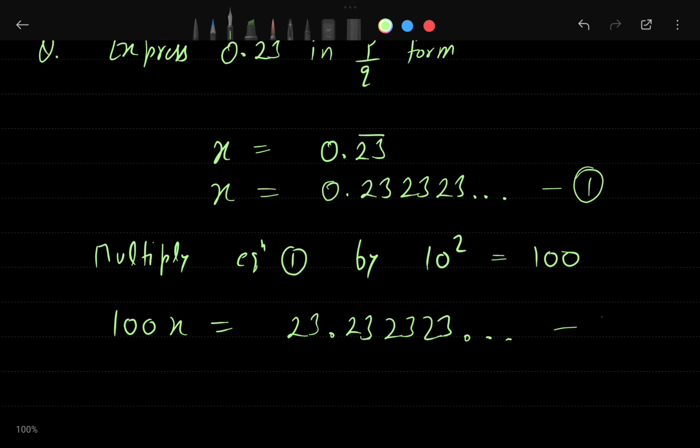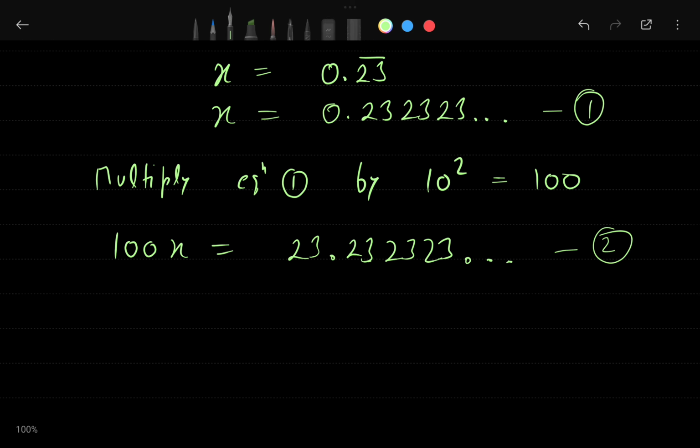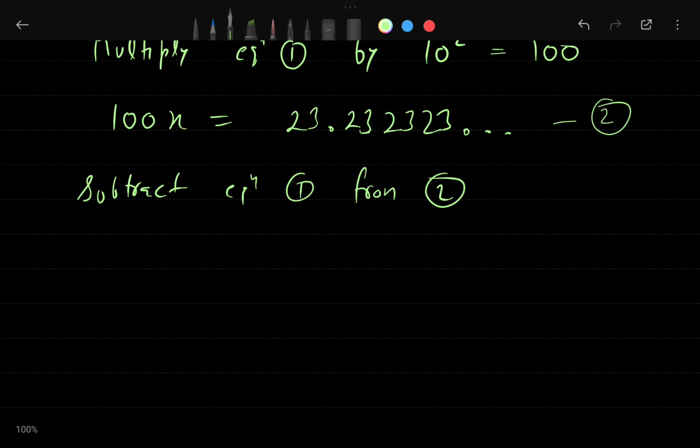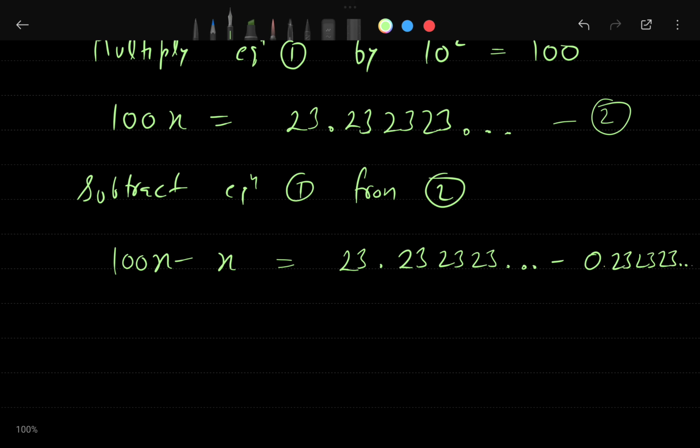Now I will write it as equation 2. Now what I need to do is subtract equation 1 from 2, and not 2 from 1. So if I subtract equation 1 from 2, what do I get? On the left hand side I will have 100x minus x, and on the right hand side I will have 23.2323... minus 0.232323... Now on the left hand side I will have 99x, because 100x minus x is 99x,